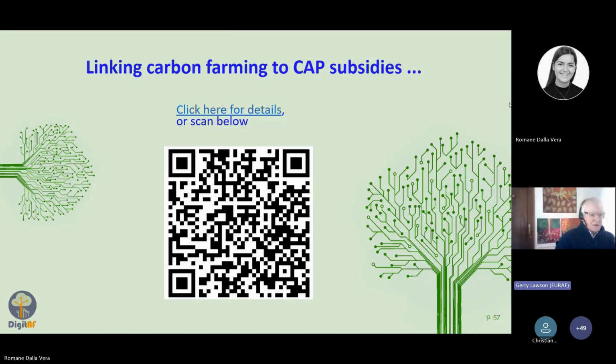And my last slide is this one. If you want to leave it up there and you scan that with a phone, it should take you to a little game where you can show how it's possible to link the CAP subsidies to carbon farming, because we think this is very important, that you can get a CAP subsidy, for example, in year 0 to do your initial soil carbon measurements. You can get a different subsidy from the CAP in year 1 to plant your trees, and then you're going to get an agro-environment climate measure for year 2, 3, 4, 5 that will give you a maintenance.